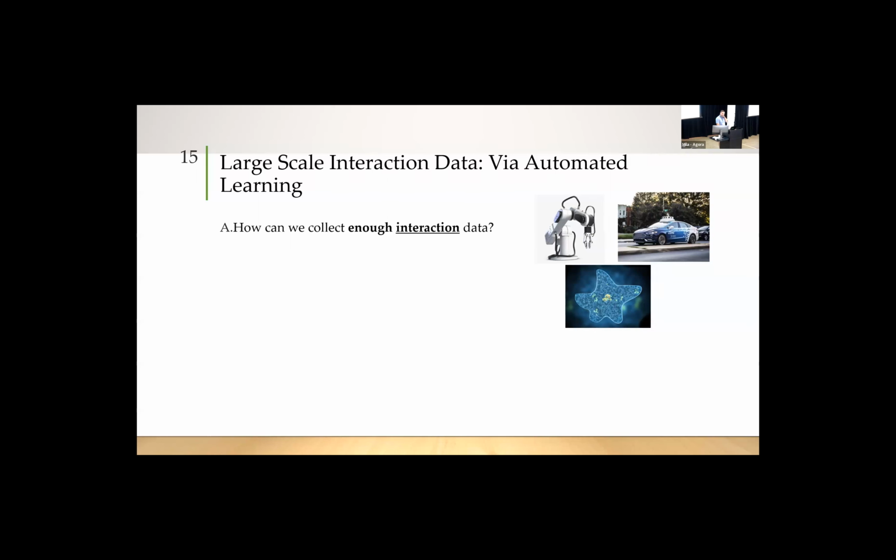So the last interesting caveat is we're talking a lot about data. When we're doing large language models, there was a process where they skimmed the best data from the internet. So we also need to be more considerate about what that data should be. Is it enough to collect any type of interaction data? You can think of a robot arm here that isn't going to know much about navigation. A car isn't going to know much about actually manipulating things in the world.